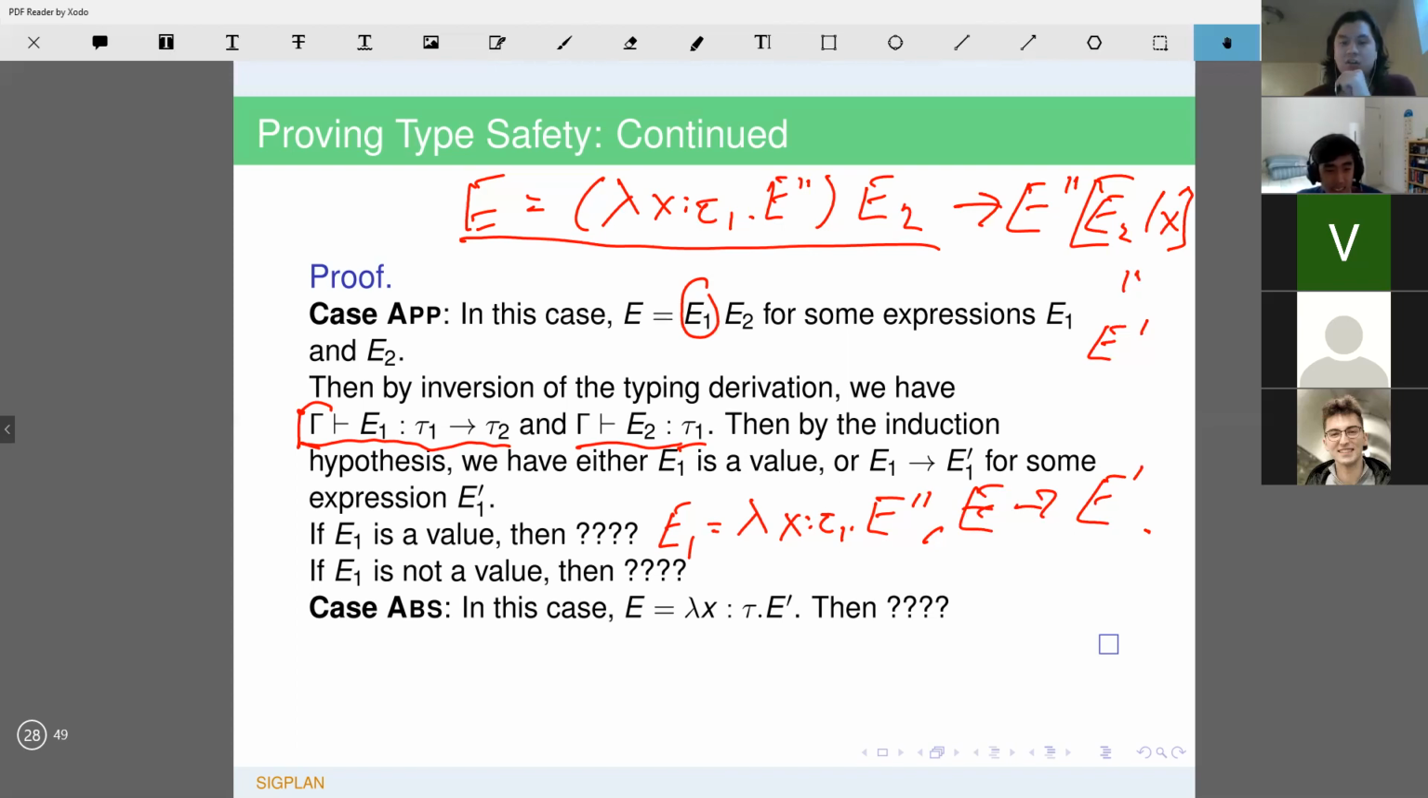Yes, it is. We don't actually have to prove that now, though. That's technically in preservation where you prove that. But it's true. All we have to prove is that either E is a value or it evaluates to something. So we proved E evaluates to something, so we're good. And then the other case where E1 is not a value,